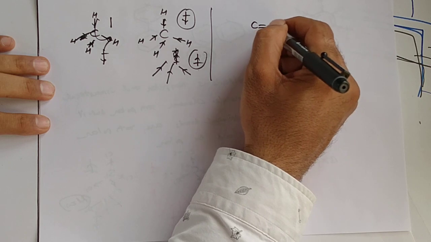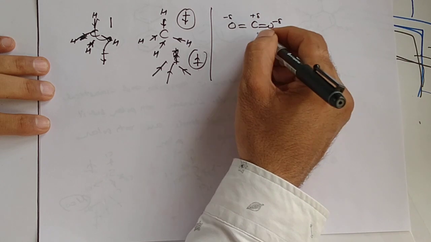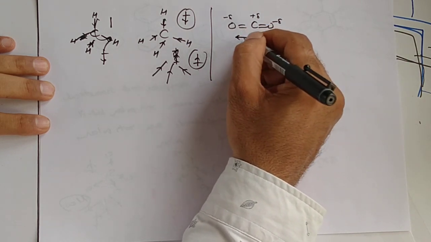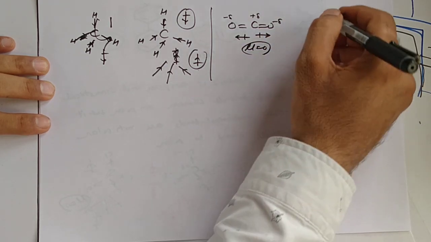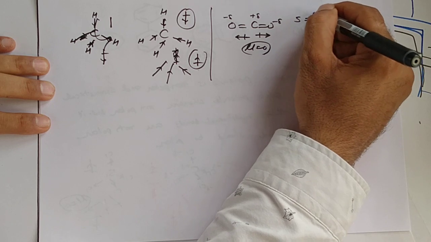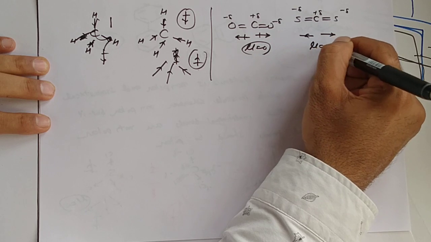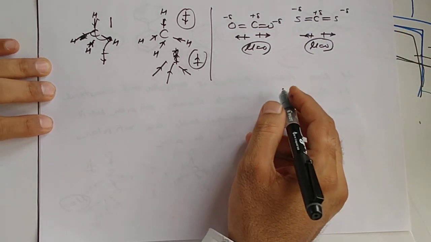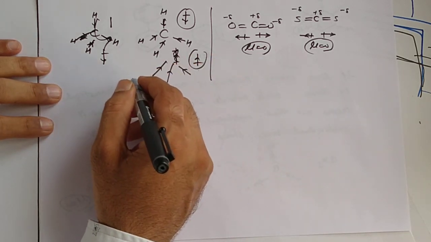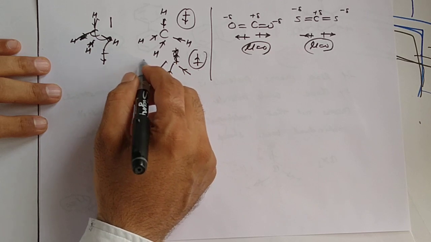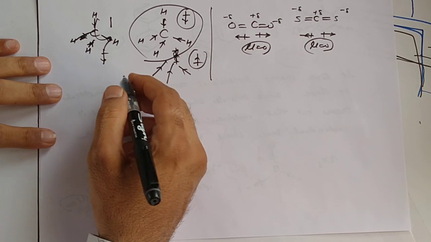In CO2, which is linear, oxygen is more electronegative than carbon, but the polarity toward carbon to oxygen, both are the same and opposite, net polarity 0. In carbon disulfide also, the electronegativity of sulfur is higher, but net polarity became 0 due to same and opposite direction. PCl5 we discussed, in SiCl4 also. Now the total molecule is non-polar, but the individual bond is polar, you can see.